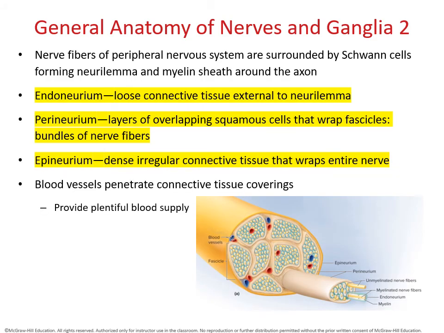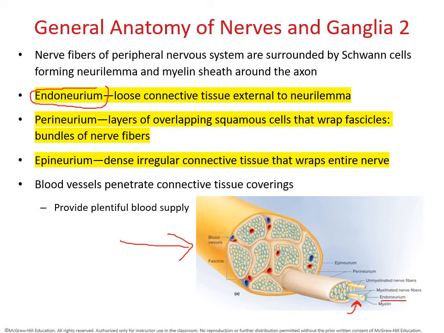Now, I added this picture again. This is just a little snippet of the picture that we saw on our previous PowerPoint, because what I wanted to highlight is that the nerve fibers will have connective tissue layers very similar to the muscles that allow the separation of an individual nerve and a bundle of nerves. So you have your endoneurium, that's going to be the internal one. This one forms a loose connective tissue that's external to the neurolemma, so the internal one. Here we can take a look at this one individual axon right here,